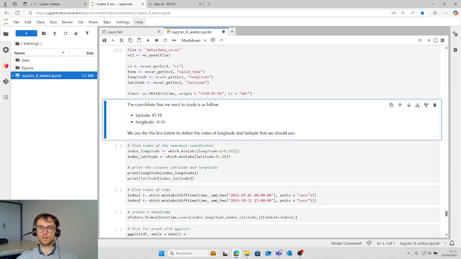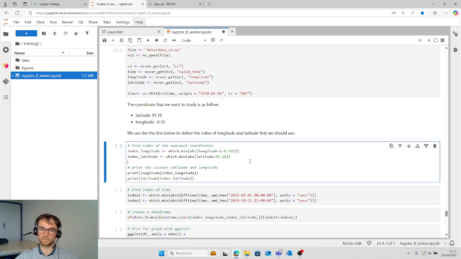Then we select the latitude and longitude that correspond to the city of Porto. So we search the index that is the nearest to this coordinate.